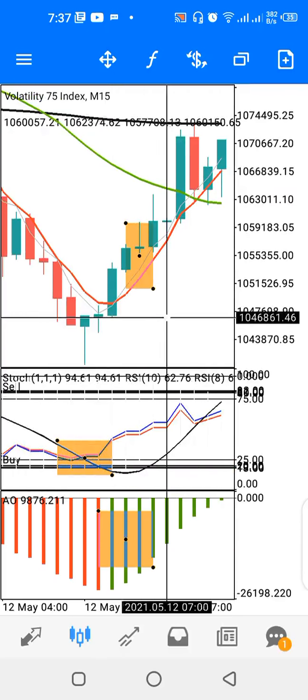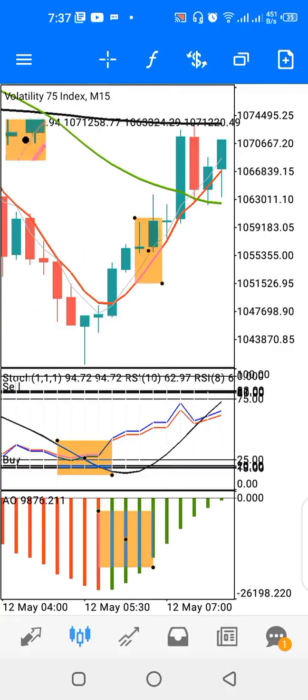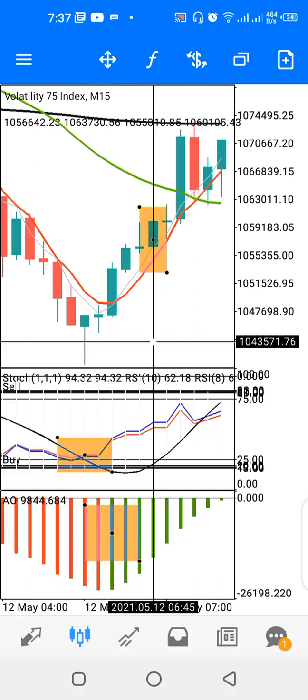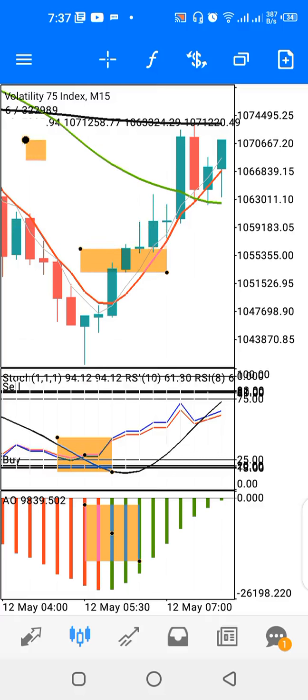Like you have an alignment here where we have on the main chart a buy signal. Of course, on indicator window 1 we have another buy signal, and on indicator window 2 we have a change of color of the awesome oscillator. So if you have the alignment of the three, you can place your buy entry. If I'm going to buy, I'll place my buy entry somewhere around here, then ride the trend. Don't forget the black line is above, so we're in a bearish trend, so we look for buying opportunities